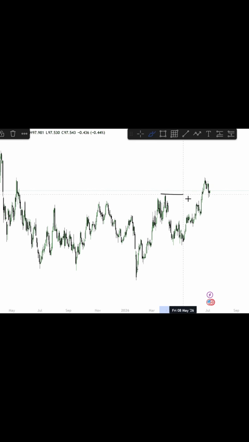Starting off with DXY on the daily time frame, we can see we've had our break of structure towards the upside, and this is the current swing range that we're trading within. Now, we understand that this is the demand zone that's currently in control, and any retracement down could be that next opportunity for a long position, as this high over here has been taken out on this data feed here,